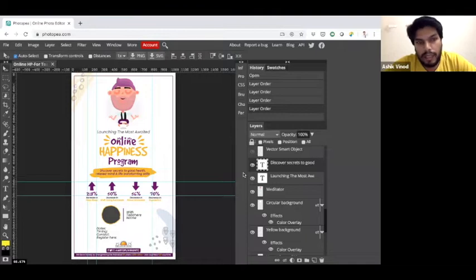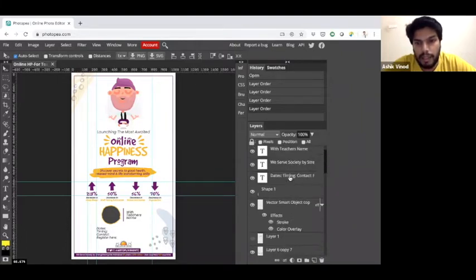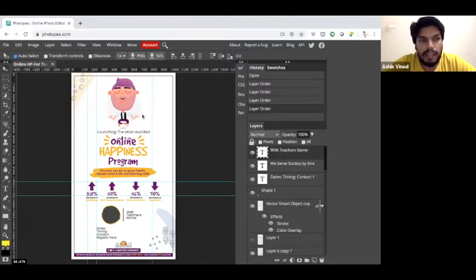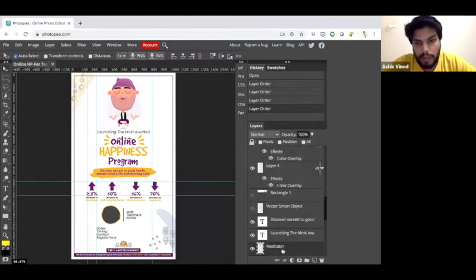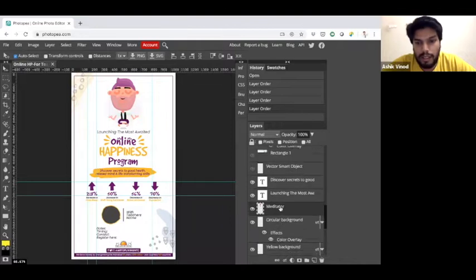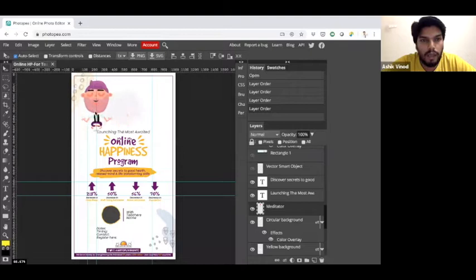Now to select a layer, there are three different methods. One, directly from the layer panel, you can select a particular layer. The other one is on the left side, there is a move tool. Click on that move tool, make sure auto select is clicked, and then click on anything on the screen. You can see that it has automatically selected the meditator. Now I can move this particular component anywhere I want. Let's say I'm just keeping it here for now.